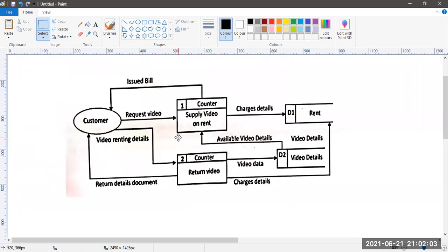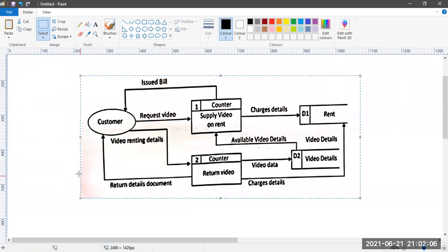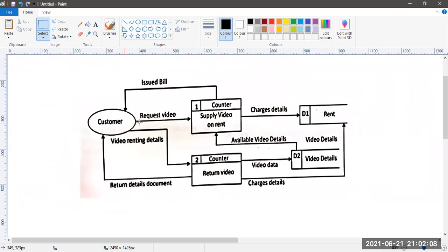Now if you see in this, the customer is requesting a video. Then he should go and get the video data. So actually from this counter the video data should be going here.